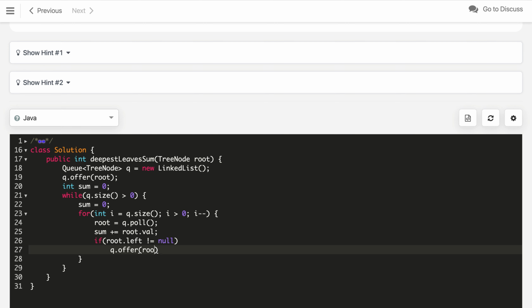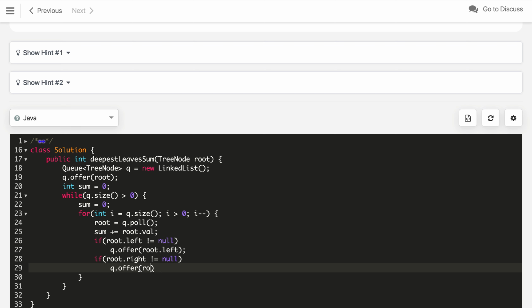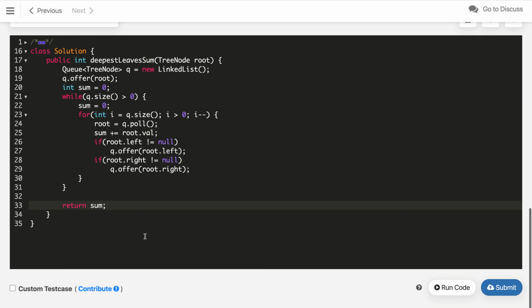So we add that root dot left into the queue, and also check root dot right, if not null, then also offer it into the queue. Once that is done, after processing everything, we just return the sum, which will be the sum of all the deepest leaves.